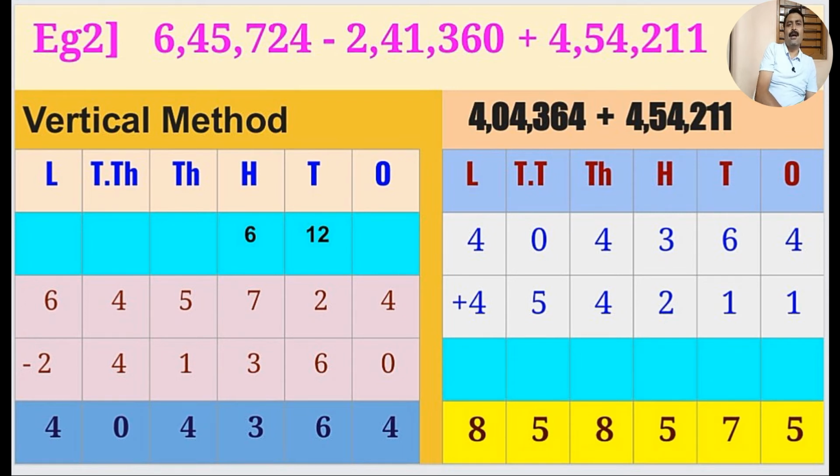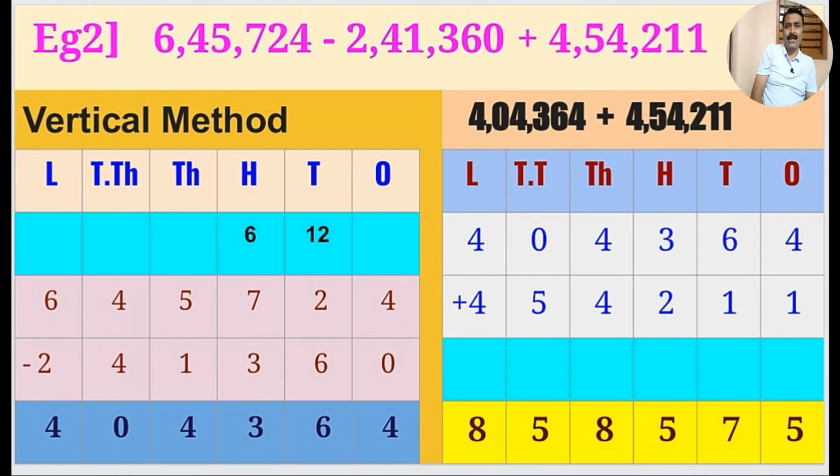So look at the left side of your screen. Under the vertical method, here I am taking the vertical arrangement for the subtraction process. Both numbers in the subtraction are 6-digit, so we are taking 6 columns here. First is ones, second is tens, third is 100, fourth is 1000, fifth is 10,000, and the sixth column is the lakh place. After taking these 6 columns in vertical arrangement, we arrange these two given numbers in this way.